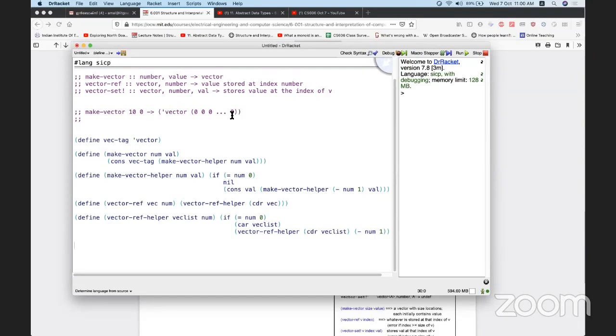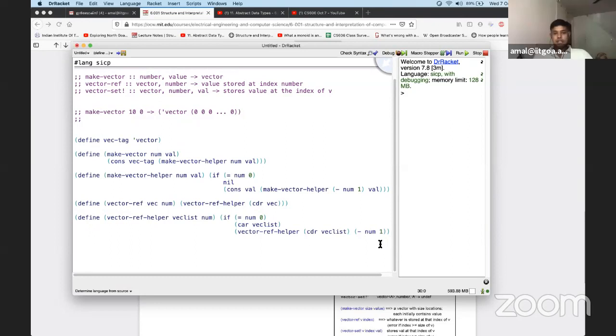Yes, sir. Okay. So I have a doubt. If the vec list becomes null before num becomes 0, then car of vec list will throw an error. Yeah, it will throw an error. Very good. Very good. So how do we do that? So you'll have to check if